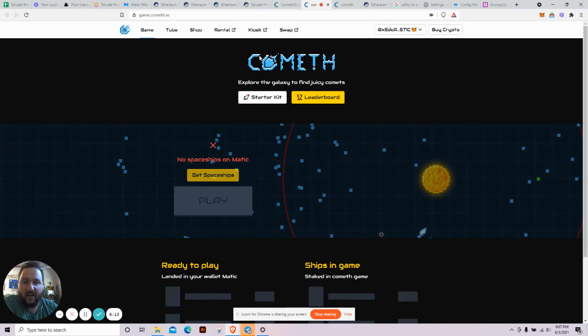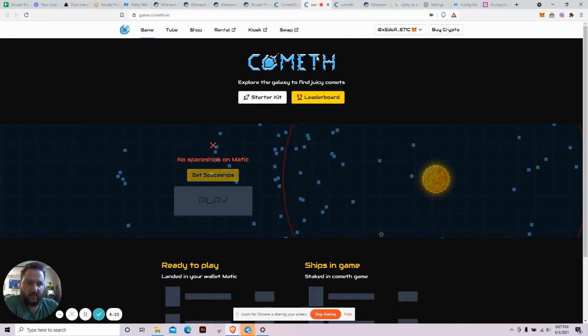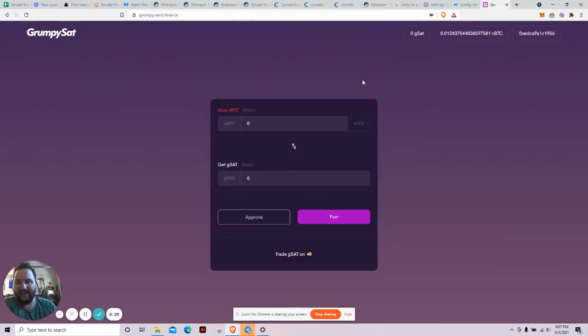It's a good take, and they can do this because all of the gas fee transactions on here are super cheap. The other thing we wanted to show you is that when the doggy coins were all going wild, our lead dev, Ataxia, actually created a pretty cool meme coin. But it's not exactly a meme coin because it's backed by vBTC. It's backed by a Satoshi of vBTC. So you'll notice that I have my bridged vBTC up here. You're going to go to